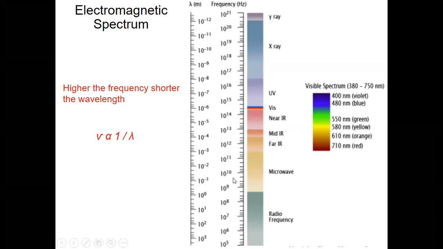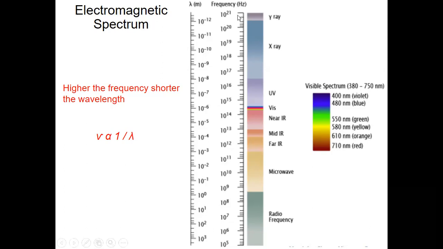So when we go from bottom to top, the frequency is increasing, and this scale is the wavelength. At the top it is 10 to the power minus 12, bottom is 10 to the power 3, and when we go from bottom to top, the wavelength is decreasing,